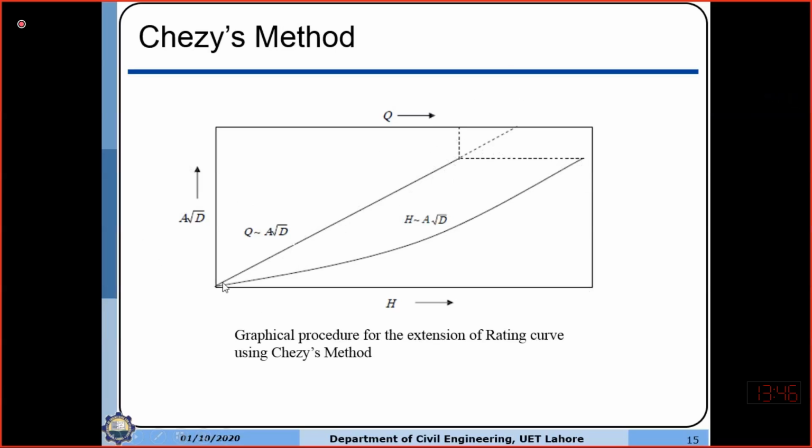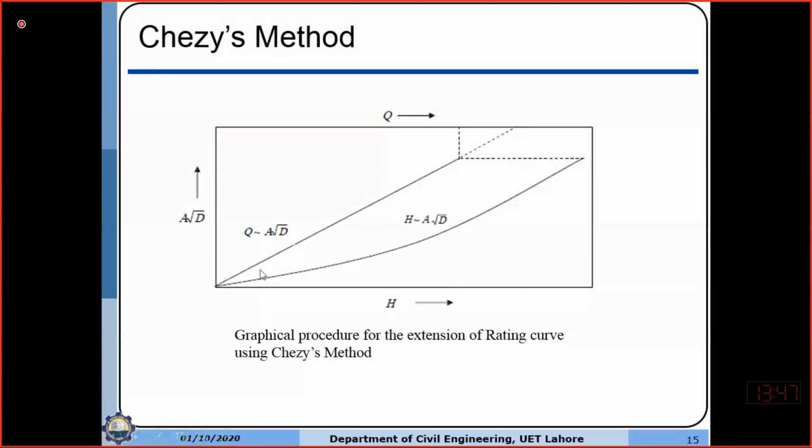Second step is plot a graph between Q and A under root D, that will be a straight line. Third step is plot a graph between stage and A under root D, so you will get another line. Fourth step is corresponding to the given stage of 4.4 meter, go to the graph between H and A under root D by drawing a vertical line from the axis of stage to the graph. And then next step is from that point go horizontally towards the